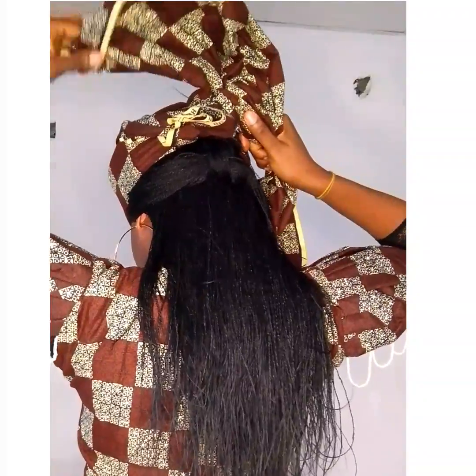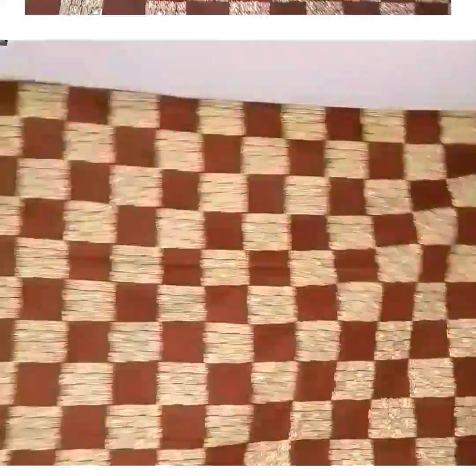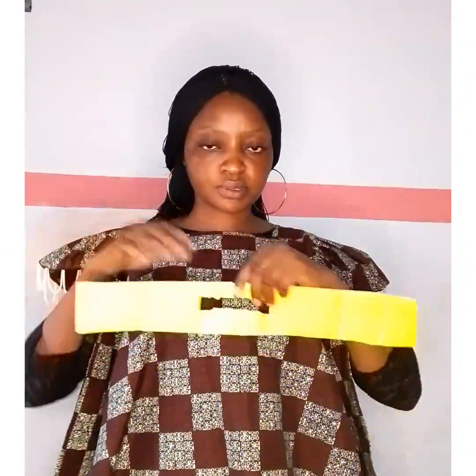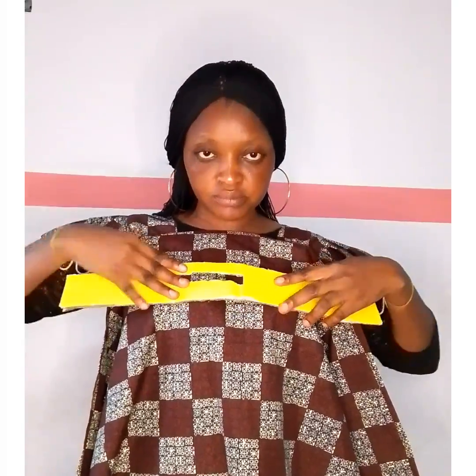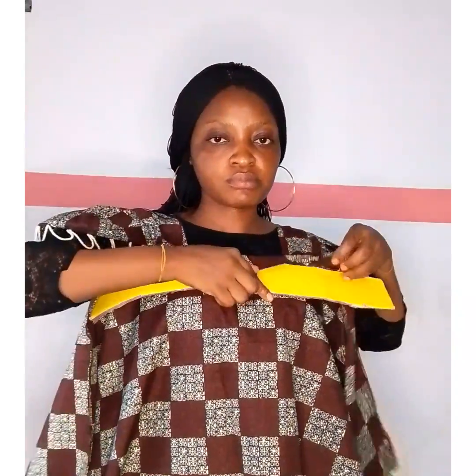This head wrap is for beautiful ladies and beautiful women out there. So if you like something beautiful, why don't you join me and let's create something simple but still unique and very beautiful. So I'm using a Ankara material with this cut out carton, which I'll be dipping in